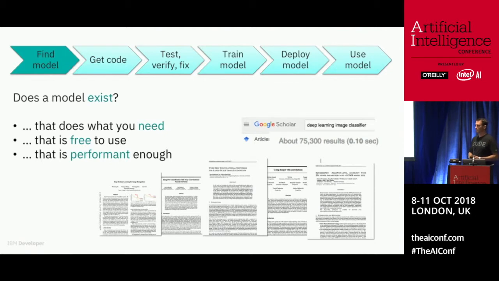So that could be both computational performance, is it fast enough? What are the resources required to train it, perhaps? But also, is it accurate enough on the particular problem or the domain that you have? So that involves a lot of searching through, trawling through GitHub, research papers. In the case of some models, like an image classifier, you might have many, many results. So what is the process of deciding which model is the best to use, finding the state of the art, kind of vetting which is the most appropriate model?